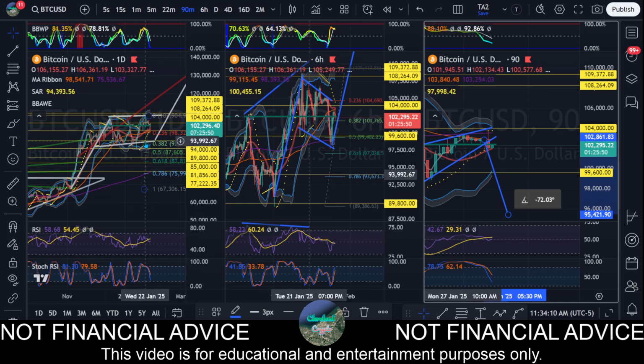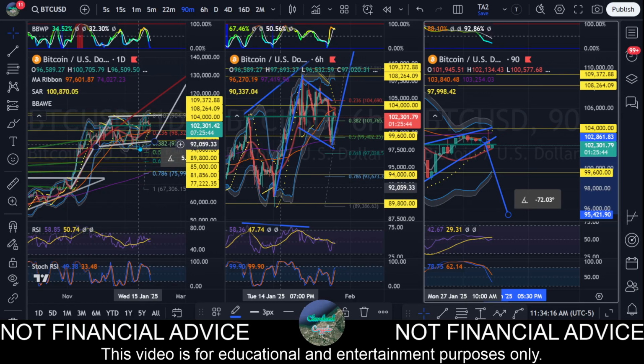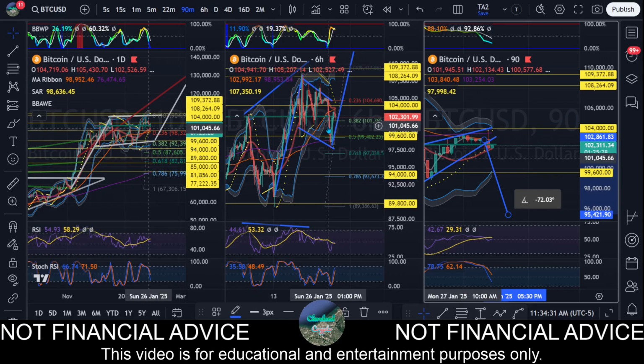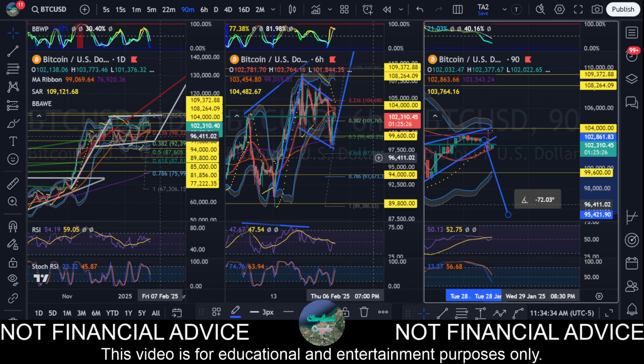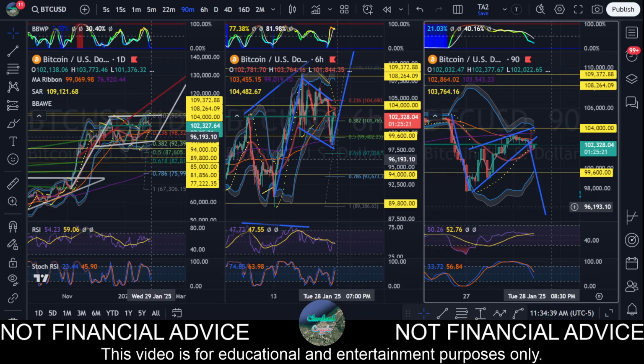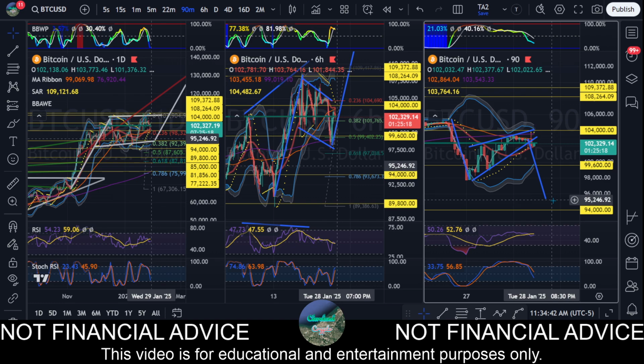And if we do get down to that 94 level again, well, then we'd be bouncing off the lower trend line of this bull flag on the daily chart, if we found a bounce there. And if we got lower than that, that's when we've got to start being overly bearish on the general outlook of the market. But for now, we're remaining bullish, generally speaking. However, in the short term, bearish down to about 95 and a half. So yeah, short term I'm bearish, down to 95 and a half,